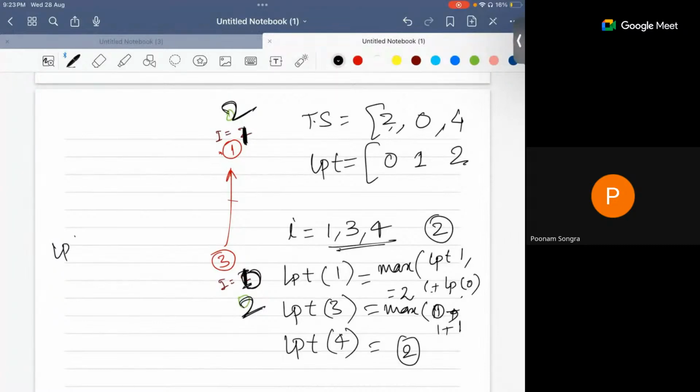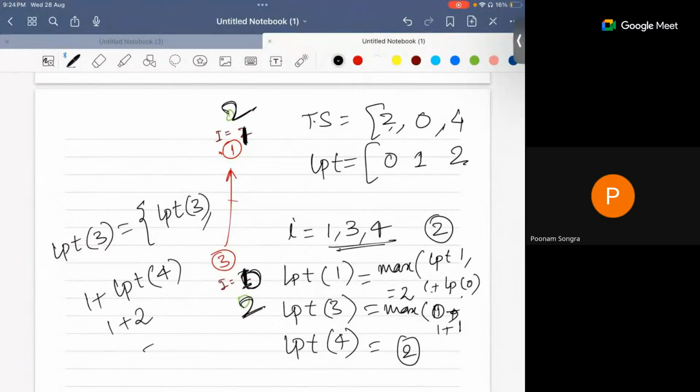The longest path to 3 is either the longest path to 3, whatever was there earlier, or 1 plus the longest path to what was connected, 4. So 1 plus 2 is 3. So the in degree becomes 0 and the longest path to 3 becomes 3,